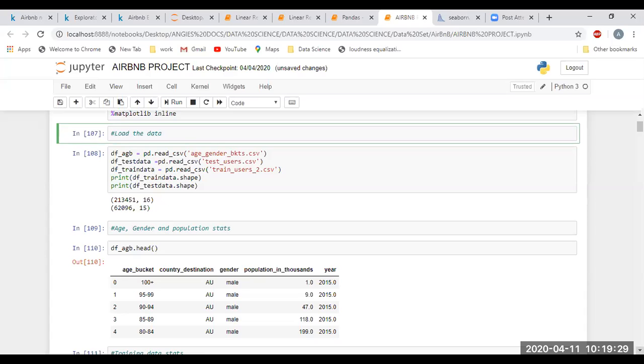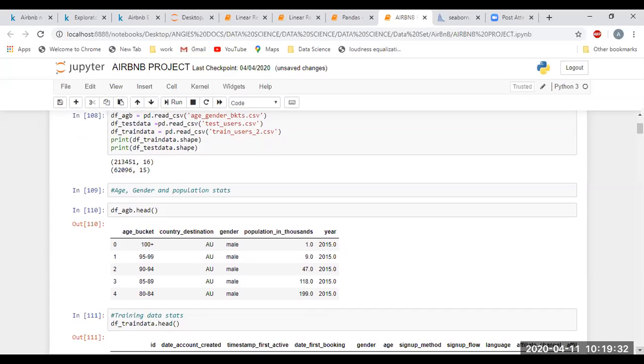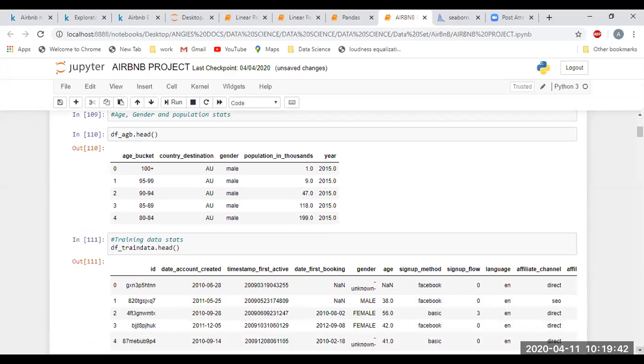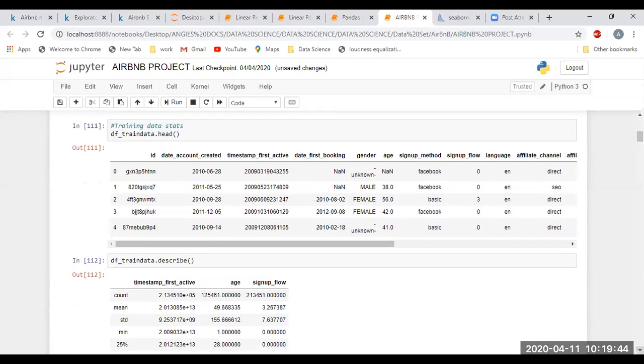Okay. Then I had loaded one of those files, the one that had age, gender, and population stats. So I just looked at what was in it. And then I went to the train data. I got the information from the train data. So I did the head,